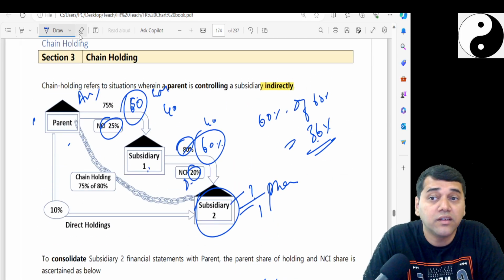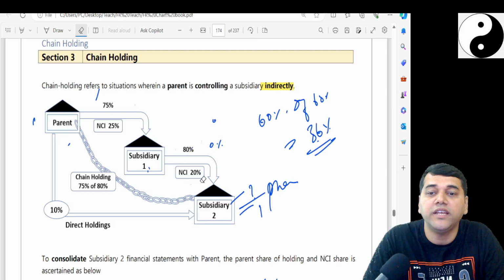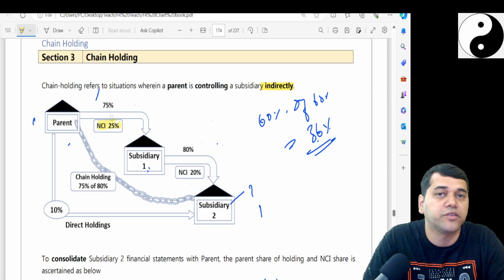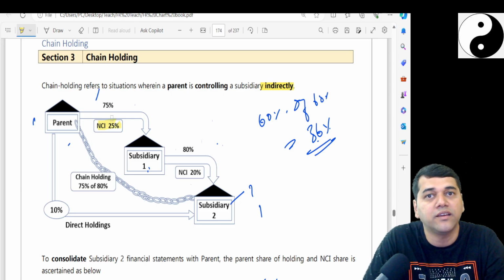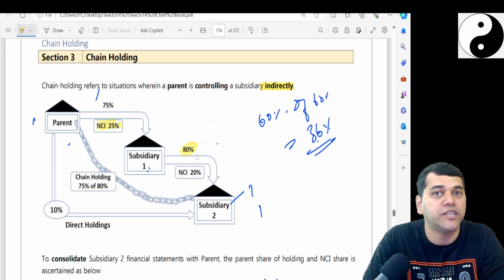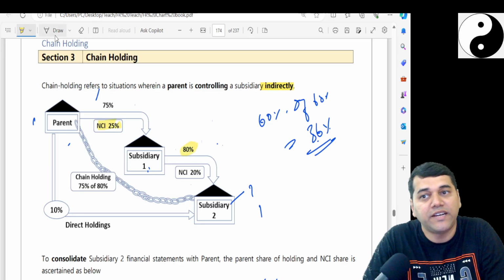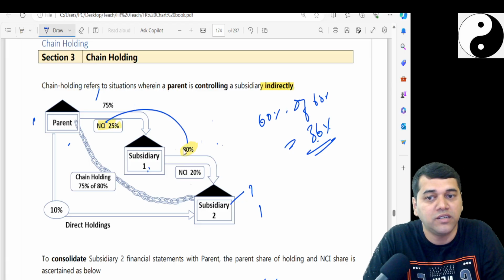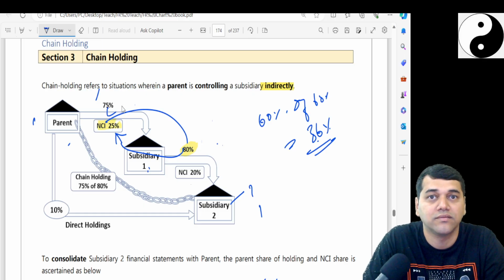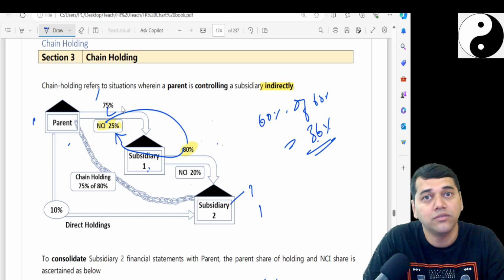Sorry, where the? This is, you are there already. See, your S1 is not 100% holding, no. S1 is a 75% holding, 25% is already there in NCI. So when you invested 80%, in fact, you didn't invest 80%. 75% of this you invested, 25% of this your NCI invested. Because from whose balance sheet did the money go? To the owners of S2.